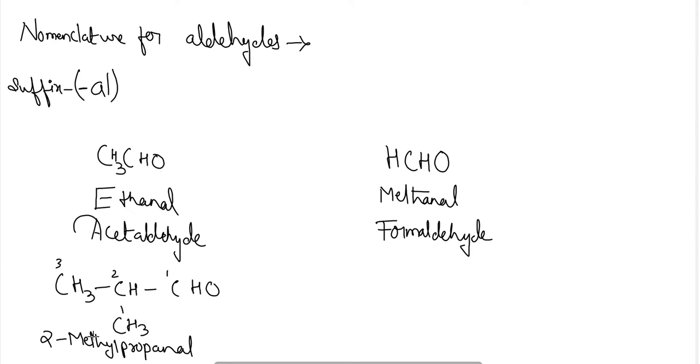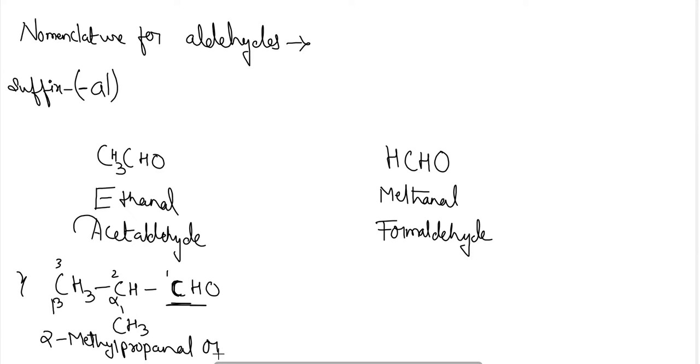Propanol. But other than this, if I am considering the name of the carbon atom which is attached to the functional group, according to that rule, here this is the functional group. The first carbon which is attached to the functional group is termed as alpha carbon. After that, beta carbon. After that, gamma carbon. Like this, the name of the carbon atom will change as we go farther from the functional group. So the first carbon atom is termed as alpha carbon.